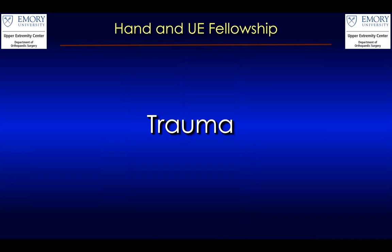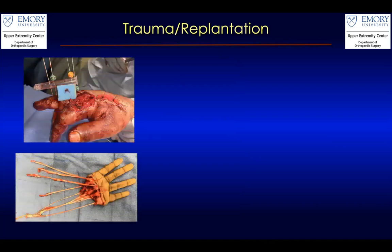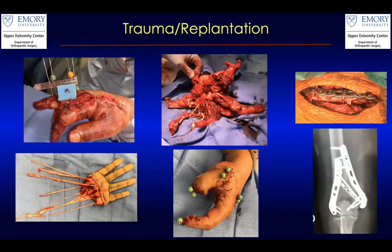Trauma is maybe one of the strengths of this fellowship. With the Grady Trauma, as you've heard, it's one of the busiest trauma centers. You have a huge number of both replantation, mangled extremity, novel ways of taking care of some of these dysvascular limbs or mangled extremities. And you're going to see everything that comes with upper extremity trauma and learn a lot of the principles with this. At Grady, we cover from the elbow down to the fingertip. And like I said, our dysvascular or replantation, revascularization volume can be up to 4 or 5 in a weekend,